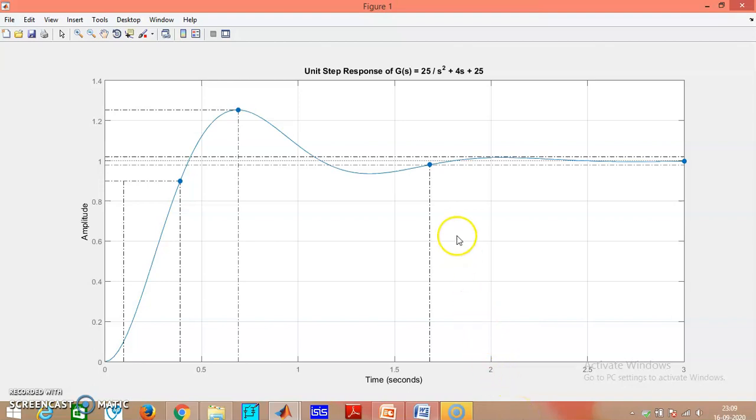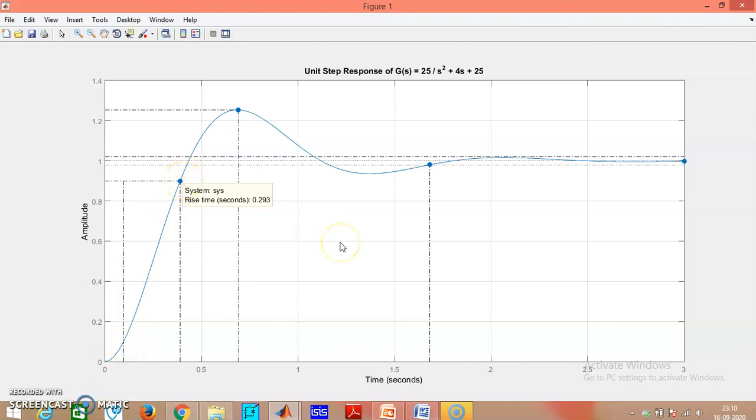Welcome all once again. We have seen how this image is created with the help of the MATLAB program that we wrote for unit step response. Now we know that we have selected the characteristics, so you can extract the information. Just click on the bubble. You can extract the information as rise time. So rise time here is 0.293, but the rise time is defined from 10 to 90% of the final steady